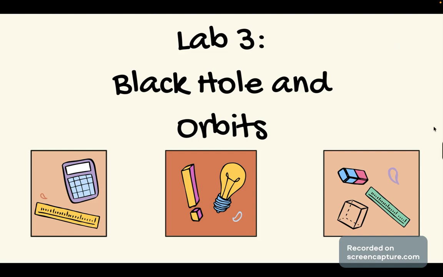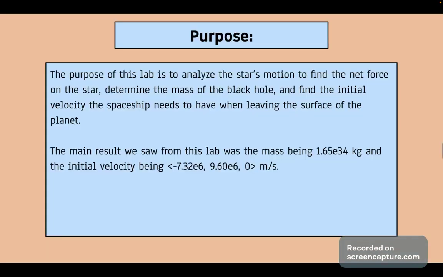Hey, this is my lab 3 on black holes and orbits. The purpose of this lab is to analyze the star's motion, find the net force on the star, determine the mass of the black hole, and find the initial velocity the spaceship needs to have when leaving the surface of the planet. Just a preview, the main result of this lab was the mass being 1.65e34 kg